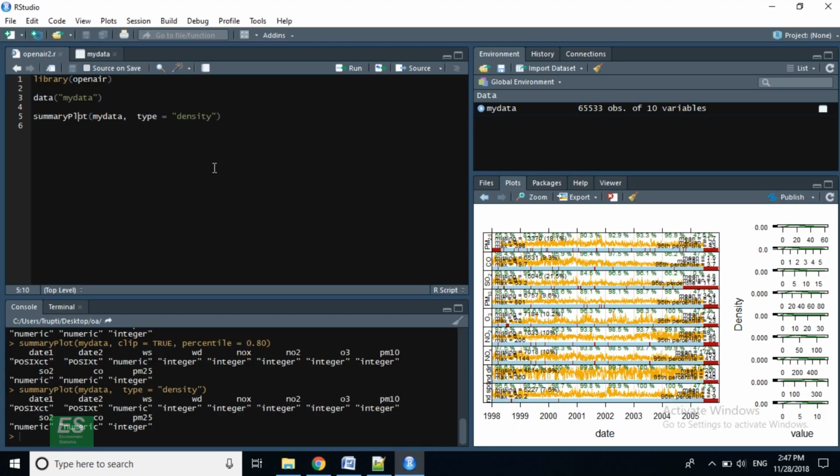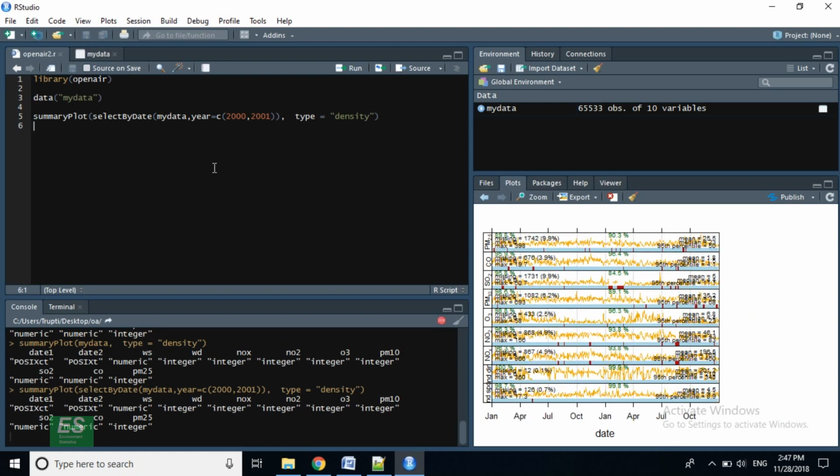By using the selectByDate function of the openair package, we can also choose to pass only our choice of data to the function. So if we set year as 2000 and 2001, it will plot the summary plot only for those 2 years.